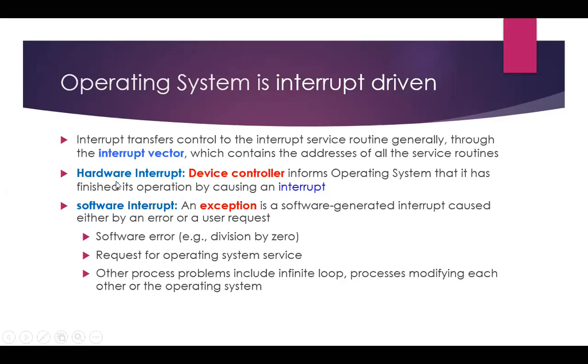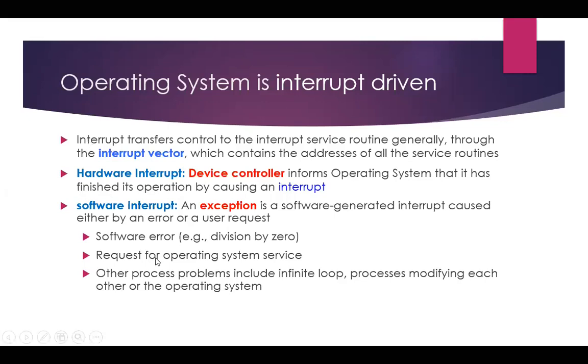So an interrupt may be through the hardware. For example, I'm using a mouse. The mouse is hardware. Or an interrupt may be from the software. So there are certain interrupts from the software, and these are like software errors. Sometimes there are errors in software. Whenever we make software as a programmer, we inadvertently sometimes divide by zero, and you know from mathematics that it will generate an error. It will be not a number. When you divide a particular number by zero, it will be not a number.